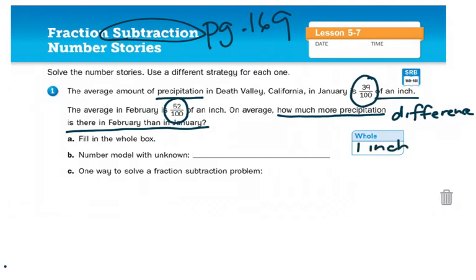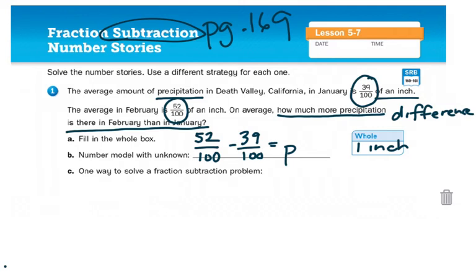The number model would be to take the larger fraction, 52 hundredths, and subtract what they receive in January, which is 39 hundredths. And I'm going to put P for precipitation, but you could use any lowercase letter. One way to solve a fraction number subtraction problem would be to use fractions in words. So I could say, go ahead and erase this,